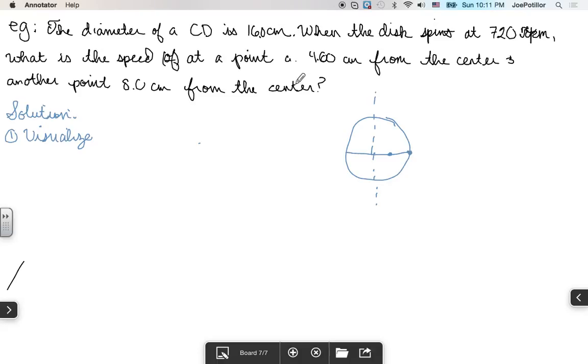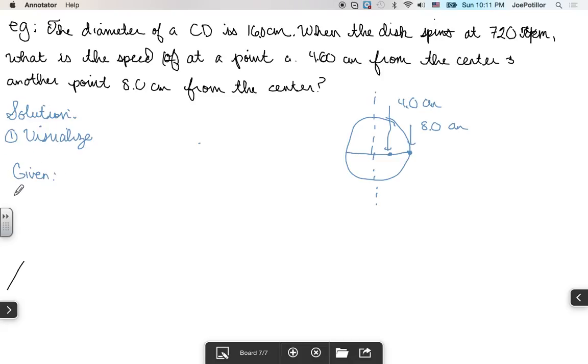Okay, so this is our 8 centimeters outside the circle, and this is our 4 centimeters outside the circle. Okay, that's as pretty as it's getting. Now, the second thing, of course, we want to state what is given and what we need to find. So in this situation, what is given,